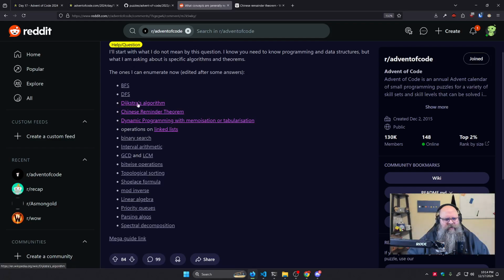But okay, we've definitely used Dijkstra's, BFS, DFS, or any dynamic program, right? With memoization or tabularization. Have I talked about tabularization? I think I've tried to solve them before with tabularization. Often the LeetCode ones lend themselves towards tabularization because it's really easy to do a 2D solve of some of them. Anyway,